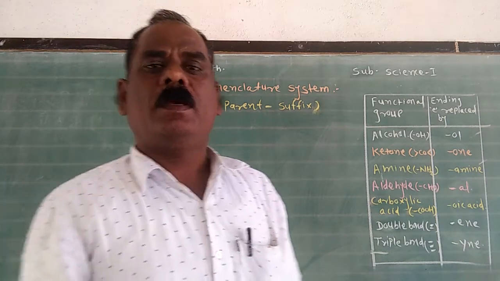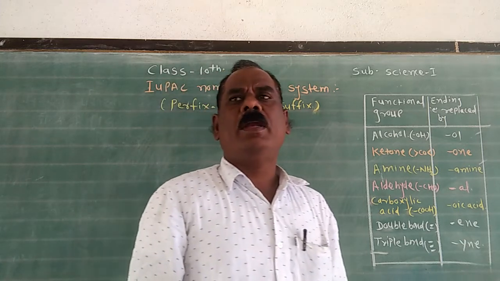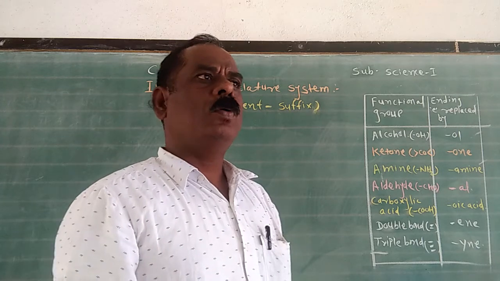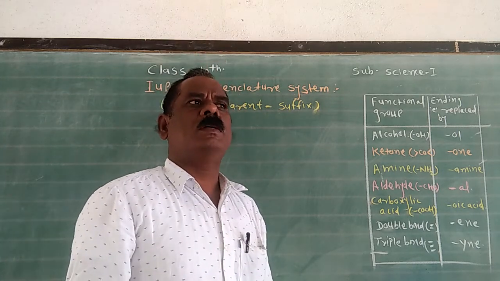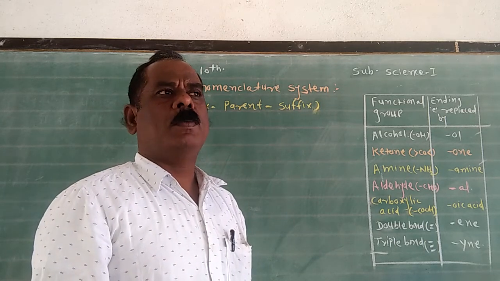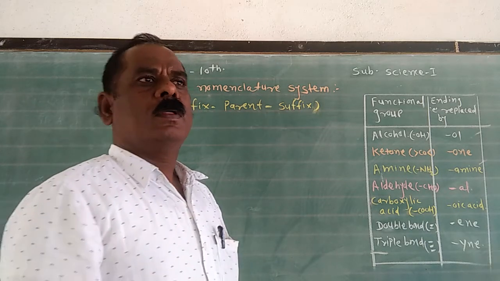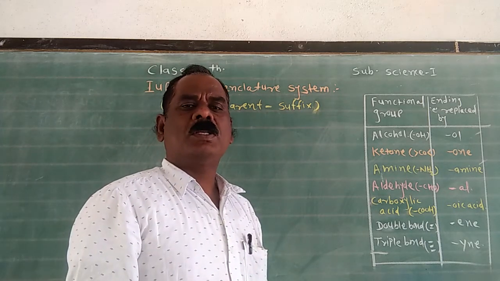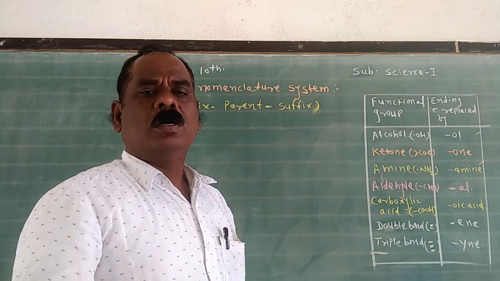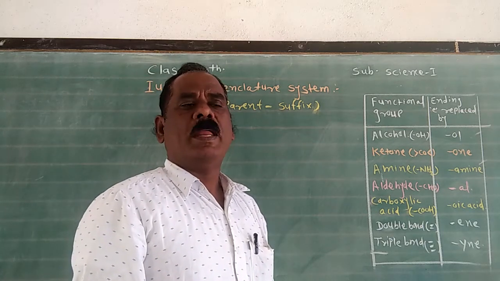Hello students, in the last lecture we studied how to give the common name to a hydrocarbon compound. You know that the common system has drawbacks, because common names depend upon the source of the hydrocarbon compound or its properties. Nowadays, millions of organic compounds are synthesized or occur naturally, so it is too difficult to give each a common name.